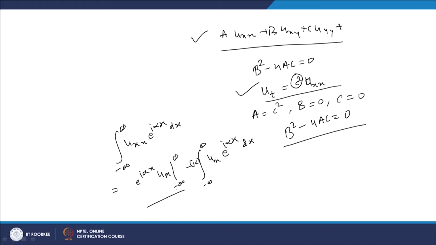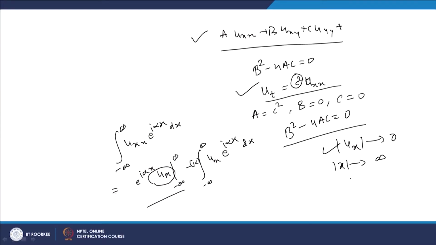Now if you look at the boundary conditions, as x tending to infinity we assume that the derivative u_x is tending to 0. So u_x is tending to 0 as mod of x tends to infinity. Using this boundary condition, that at infinite length the temperature distribution is going to be 0, not only u_x but u is also tending to 0 as mod of x tends to infinity. These are the physical conditions we are applying on this infinite rod case. Using these physical conditions, this part is simply gone.